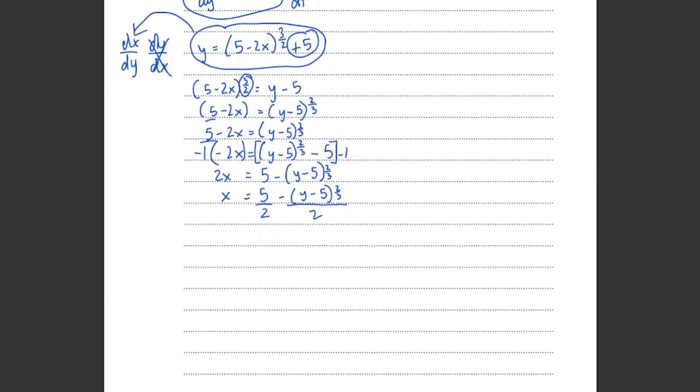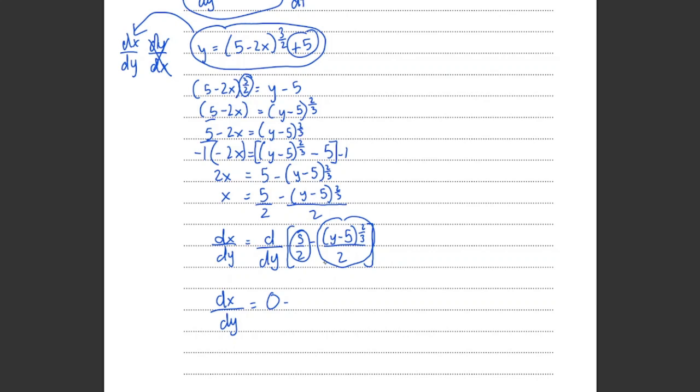Now what I'm trying to do is differentiate this equation with respect to y. So if this is dx, I'm trying to differentiate all of this with respect to y. So this is basically just going to be dx over dy, and I'm going to differentiate all of this with respect to y. And this thing is a constant, so it's just going to be 0. And so I'm basically just going to have this. I'm going to differentiate this thing now,